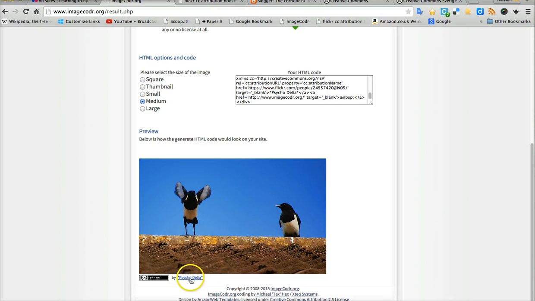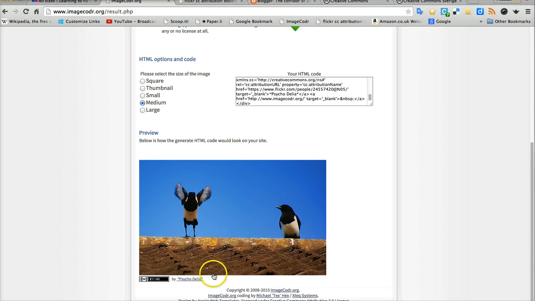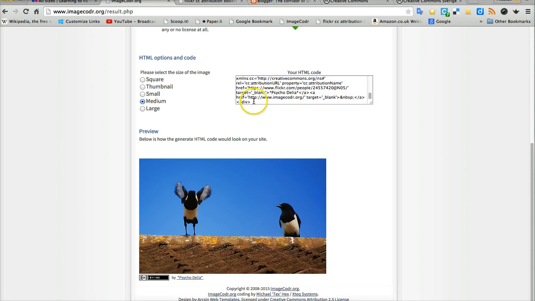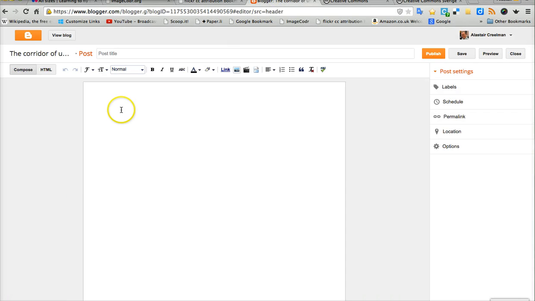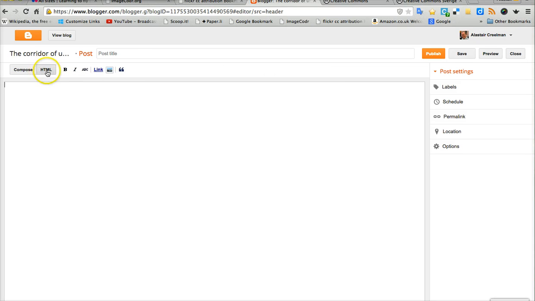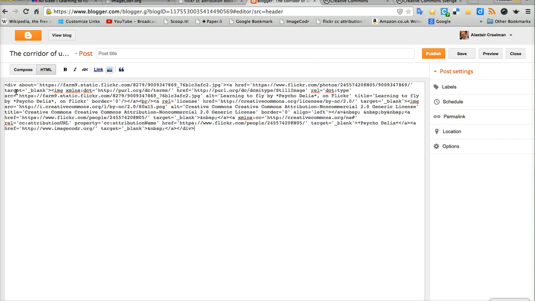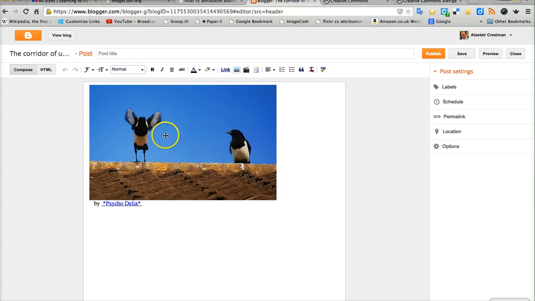And you see at the bottom here, this is the nice Creative Commons attribution. And if we go to this bit here, you just copy all this HTML stuff that we don't understand. You go to your blog. Here's my blog. I'll go to the HTML editor in your blog and just stick that in like that. When we go to the composition page,